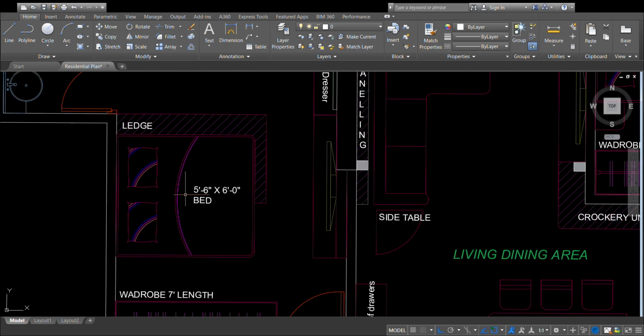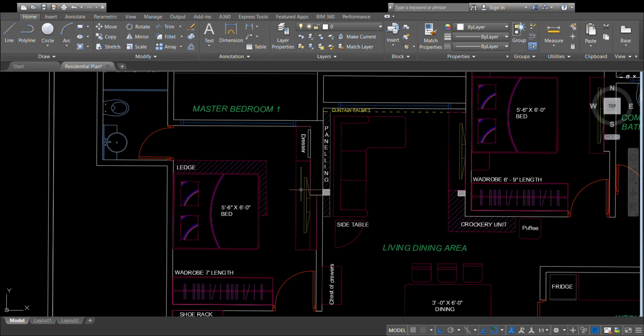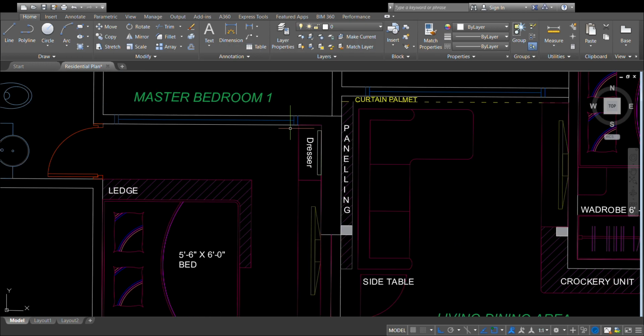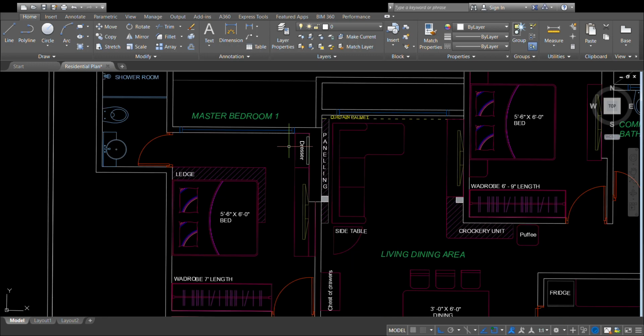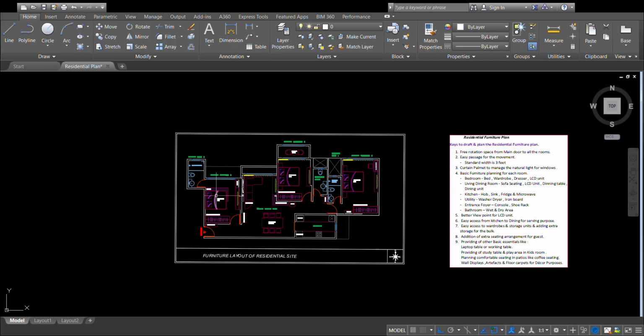So whenever you are placing your LCD points, make sure you're not placing your LCD points in very 45 angle and corners and all. For some compact places, we try to fit in as many things as possible, but that makes our layout look bad and it's not functional, as viewing something on a 45 angle is not a great idea unless and until there is a real demand of doing that. So try and place the LCD at a proper angle, avoid the 45-degree and the cross paneling. For LCD, a straight view is always the best. Next,